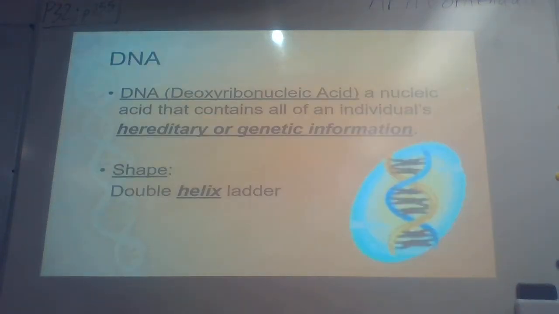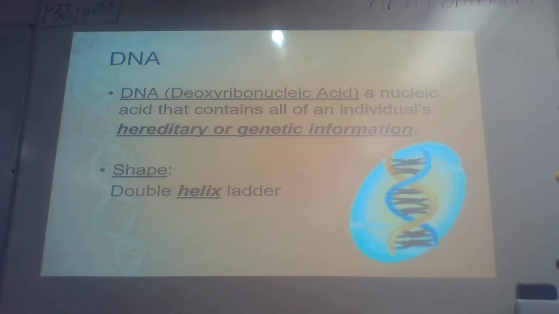DNA stands for deoxyribonucleic acid. Nucleic acid is one of the 4 macromolecules we talked about back in Unit 3, I think. Deoxyribose is the sugar base of that, and that's why it's called deoxyribonucleic acid, because it is a nucleic acid with the backbone, deoxyribose. And that's what contains your hereditary or genetic information, and it is a double helix, frequently described as a ladder